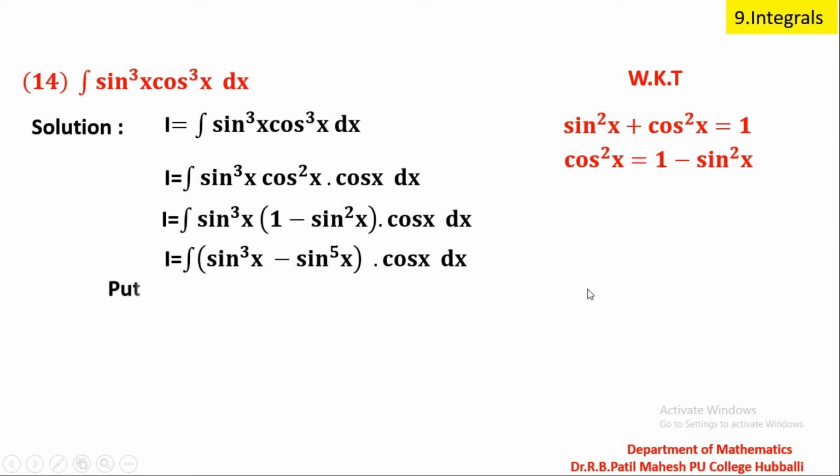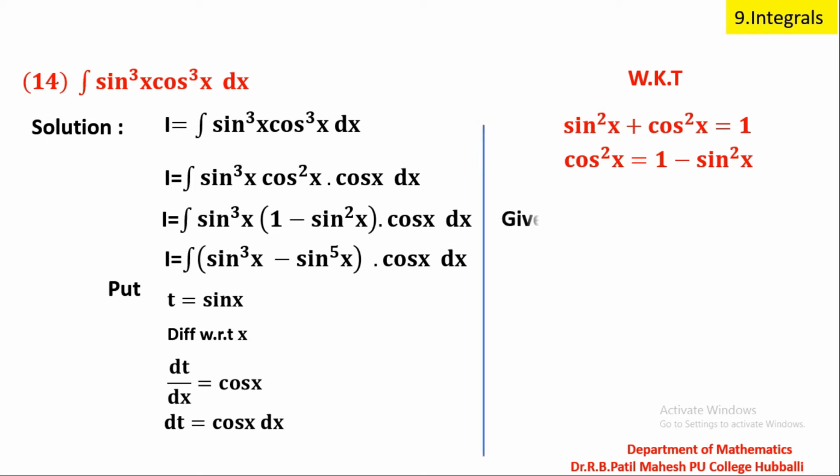Students, as I discussed, let me take the help of substitution. Put t equal to sin x, because if you differentiate with respect to x, you are going to get dt by dx equal to cos x. So dt is equal to cos x into dx. Therefore, your given problem will convert into another form, you have to concentrate here. So what all changes happen now? I is equal to, wherever sin x comes, t you will write. Wherever cos x dx comes, dt you will write. So the problem I will be integration of t cube minus t raised to 5 dt.